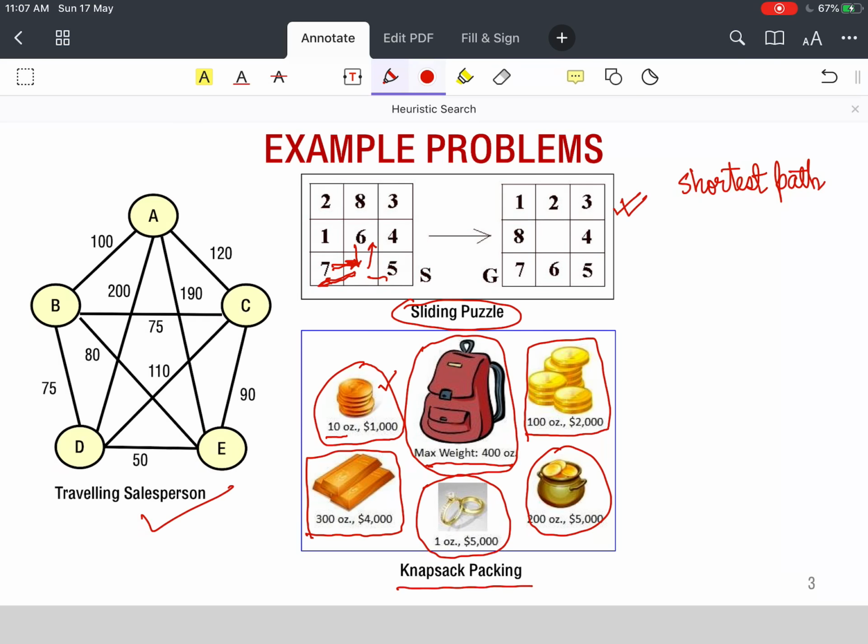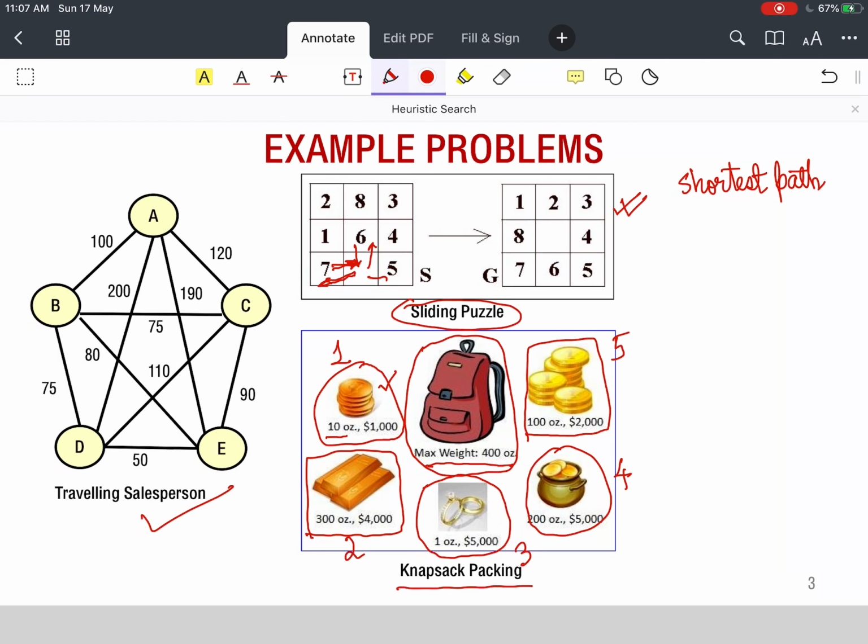Or I can take a pot of gold whose total weight is 200 ounce and value is $5,000. Now, suppose I number them 1, 2, 3, 4, and 5.